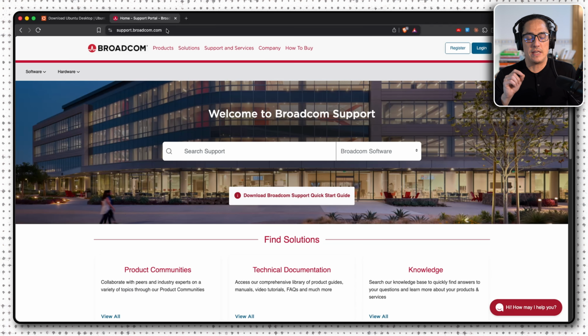Secondly, we want to grab VMware Fusion. Alternatively, you can install VirtualBox or Parallels. It will work. The setup might be a bit different, but the fundamentals I'm showing you today will work across any one of these VM host software. I just prefer VMware Fusion. There are a few hoops we have to jump through. If you don't already have an account with Broadcom, just go ahead and register. I'm going to log in with mine. And the domain you want to go to is